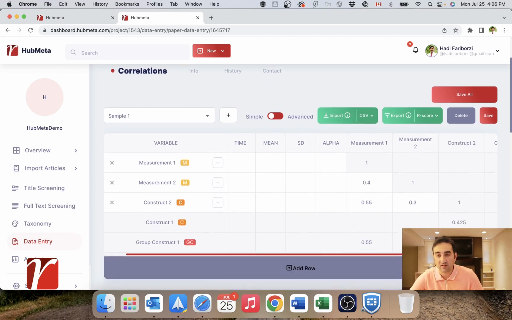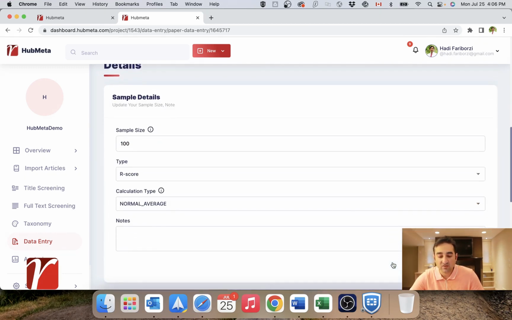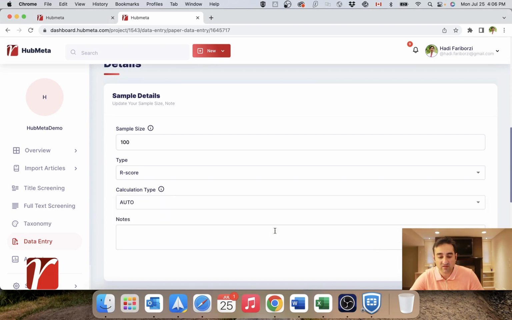It's not very sophisticated. The reason we have that, and the reason we have this auto, and we recommend you always use auto, is because in some cases you might not have enough data. There might be a lot of missing values within your correlation table. In those cases, the composite score calculation formula from Schmidt and Hunter doesn't work properly.